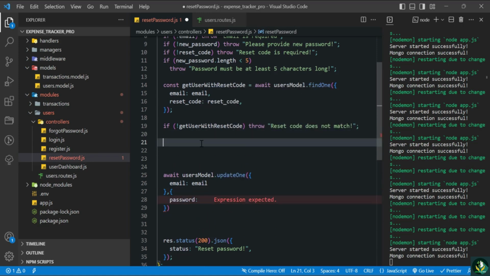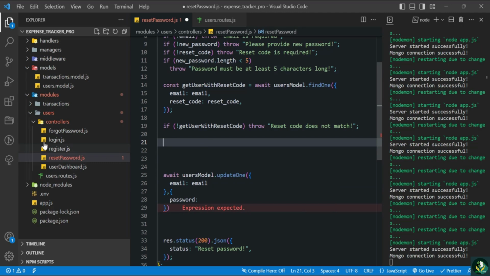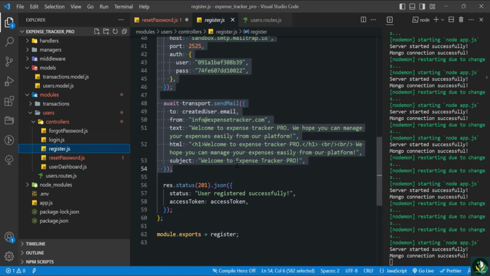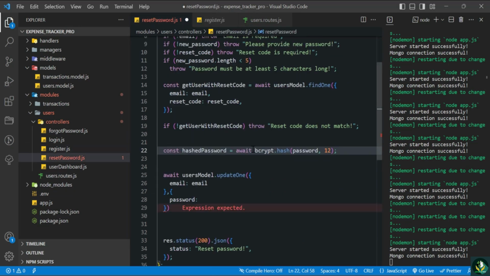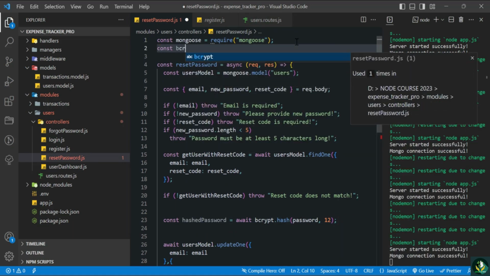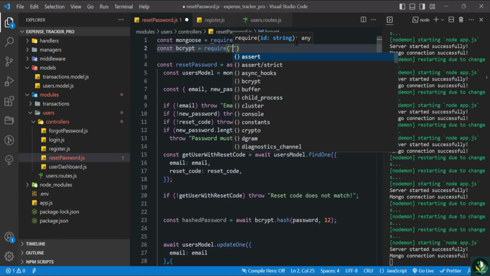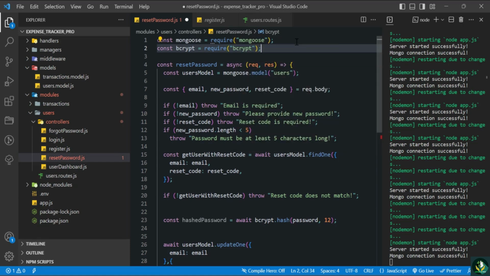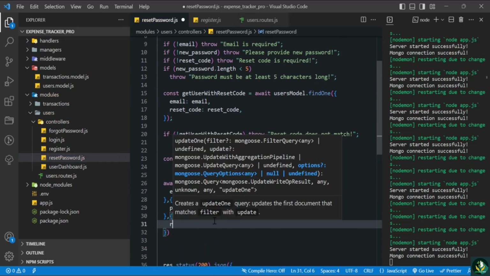So const, let's import bcrypt, but instead of that let's go into this register and bring back all the code of encrypting. So copy this hashed password and then go into the reset password, paste it over here, import this bcrypt. So const bcrypt equals require bcrypt, right? And then we will be saving this hashed password in the password, and don't ever forget to use run